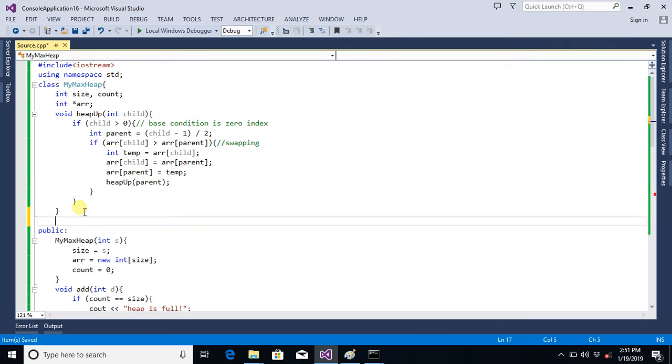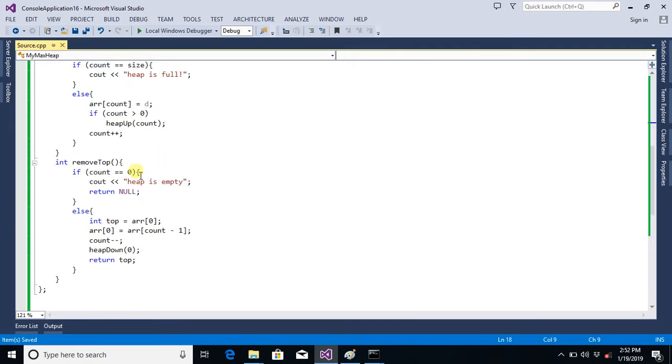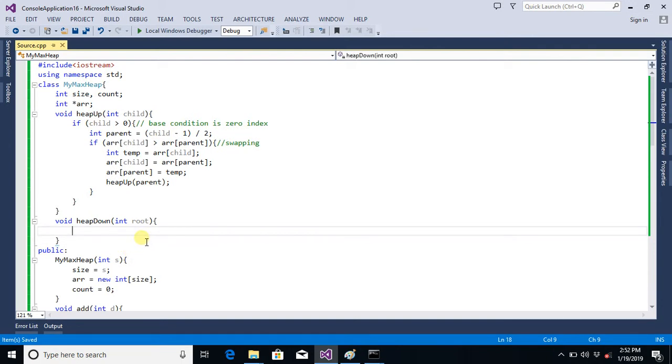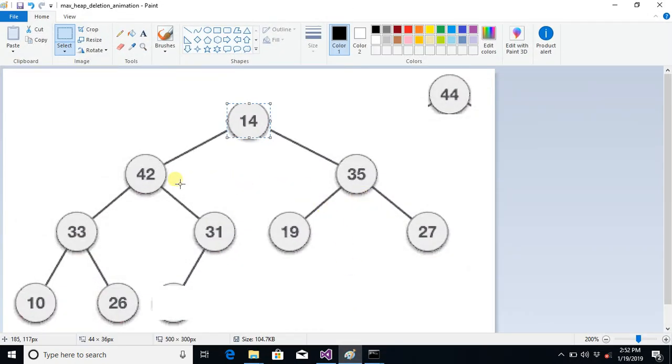Void heapDown function, and the argument can be called root because it's 0. First time we are sending 0 from here. And in this function, what we will do, let's just revisit the concept. First of all, we will see its both children, left and right, and we will see who is the big brother. For example, in this case 42 is a big brother, so we will compare this big brother with the root, and if it is bigger than root, then we will perform swap. Like in this case 42 is bigger than 14, so we will swap,